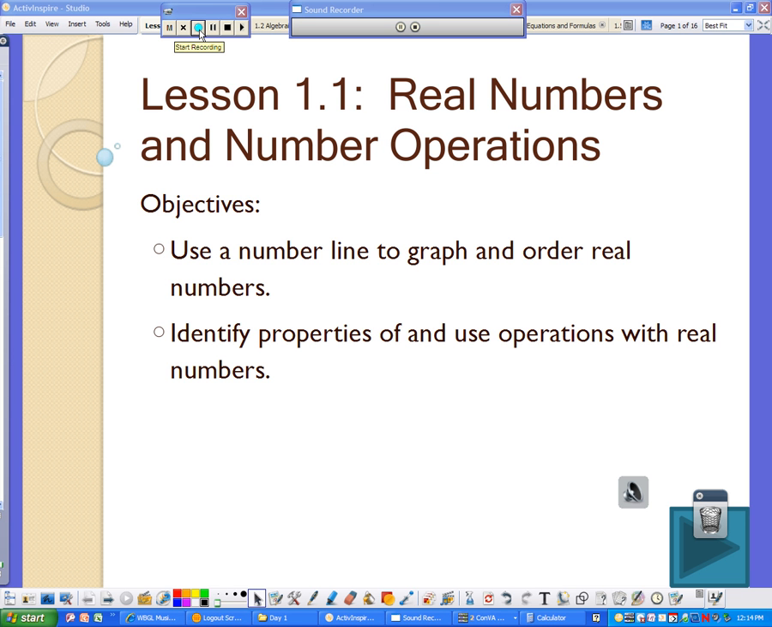Okay, welcome to Algebra 2-1. The first unit that you'll see will be working with equations and inequalities. Lesson 1-1 is real numbers and number operations. And so basically, the first thing we're going to do is cover some vocabulary, types of